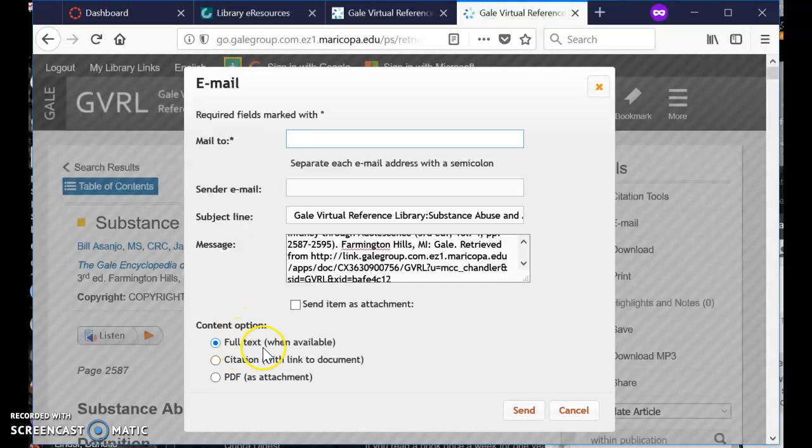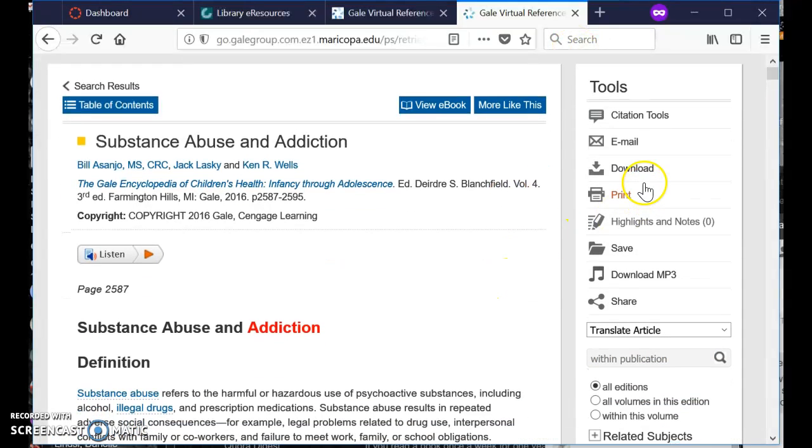If I want full text within the email itself, if I want a citation with a link back to this web page, or if I want a PDF attachment. And once I have that information, I can click send. So I'm going to X out of here because I want to show you another way to save articles, which